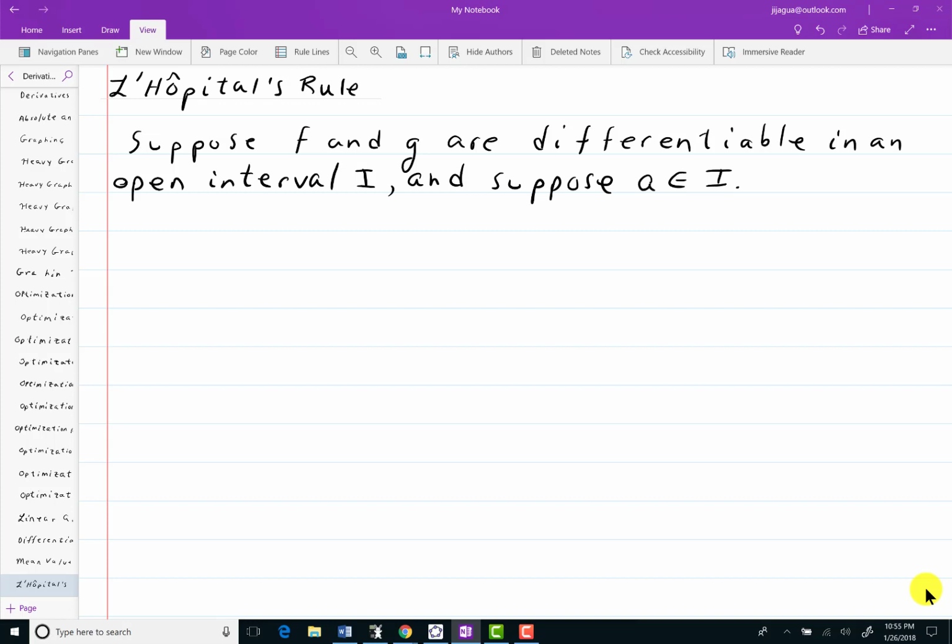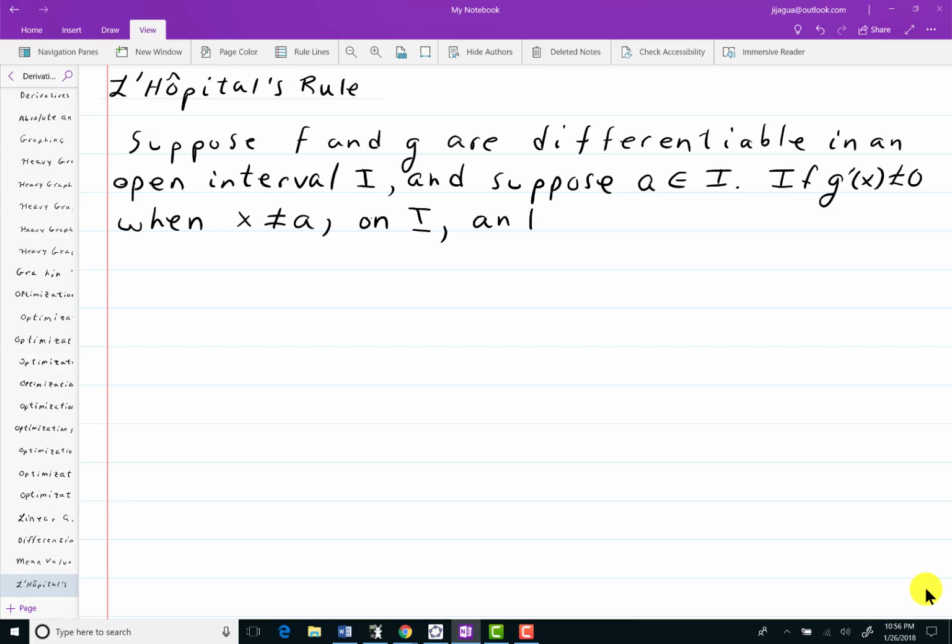Now, if g prime of x does not equal 0 when x does not equal a, on I,